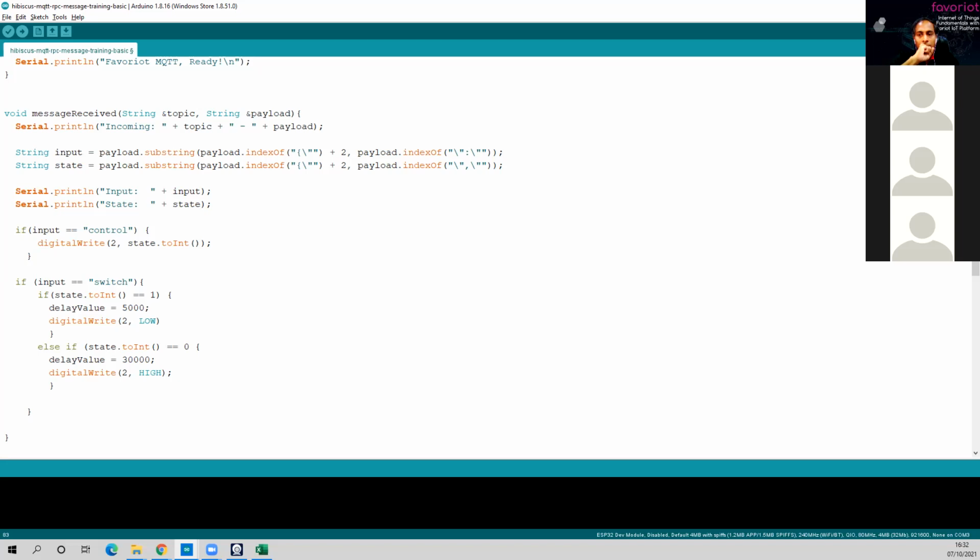Any questions so far? We will add one more function. Okay, we'll add one more function. One more if else statement. So this is for slider. Slider kita belum set dekat dashboard. We will do after this. So this slider. Hold on. Put slider. So if input equals to slider,